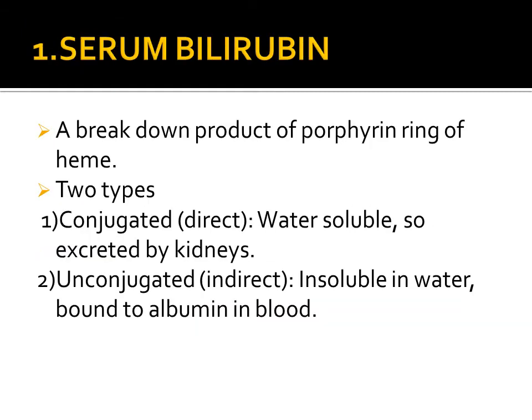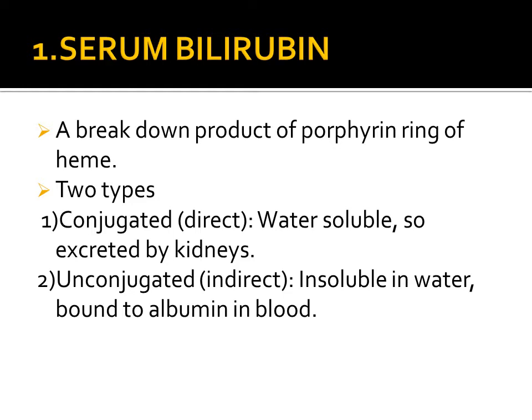Now in detail about the different tests. So first is the serum bilirubin. It is a very important test to measure the liver function. Now we know that bilirubin is produced by the breakage of the heme. Among heme there is porphyrin rings. The iron is reabsorbed and the porphyrin ring undergoes further breakdown and forms biliverdin, which is a green colored substance, and then it forms the bilirubin, which is a yellow colored substance.